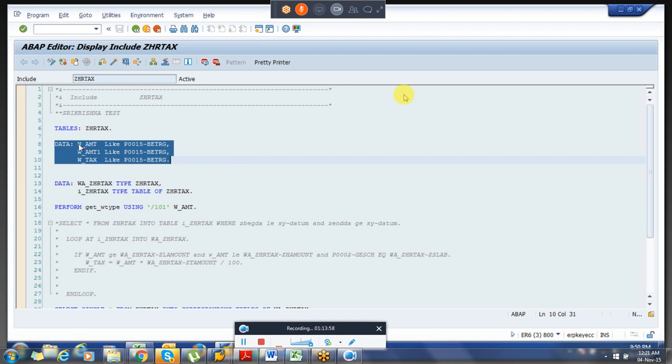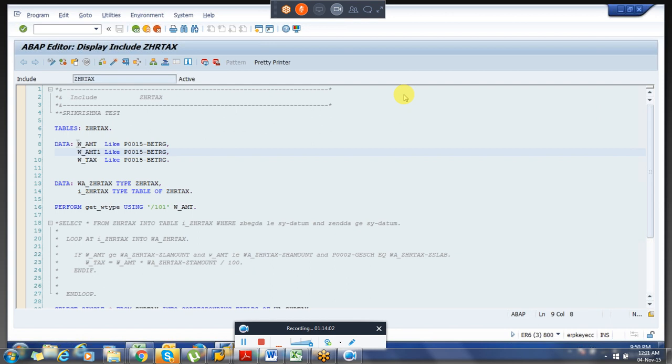These are the variables. Let us say you are creating some time types to store something. Within the time types, you are telling what kind of time type that is, for example month balance time type or day balance time type. If you are creating a wage type, you are telling it as a deduction wage type, all these stuff.